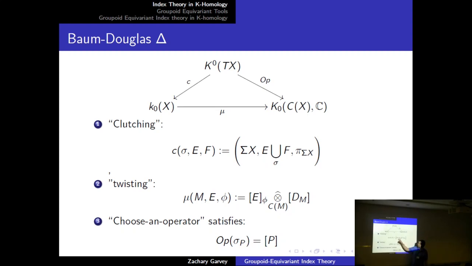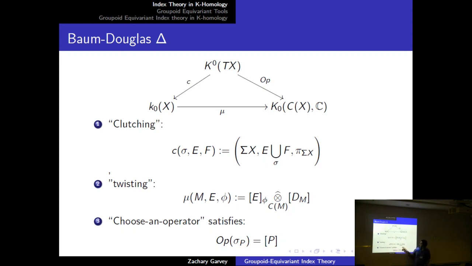So this is your manifold, this is your vector bundle, and you have a natural map from this sigma X to X. So this is an (M, E, V) for the geometric K-homology, and that's what this map is doing. The next map is twisting. So if you've got one of these (M, E, V)s,